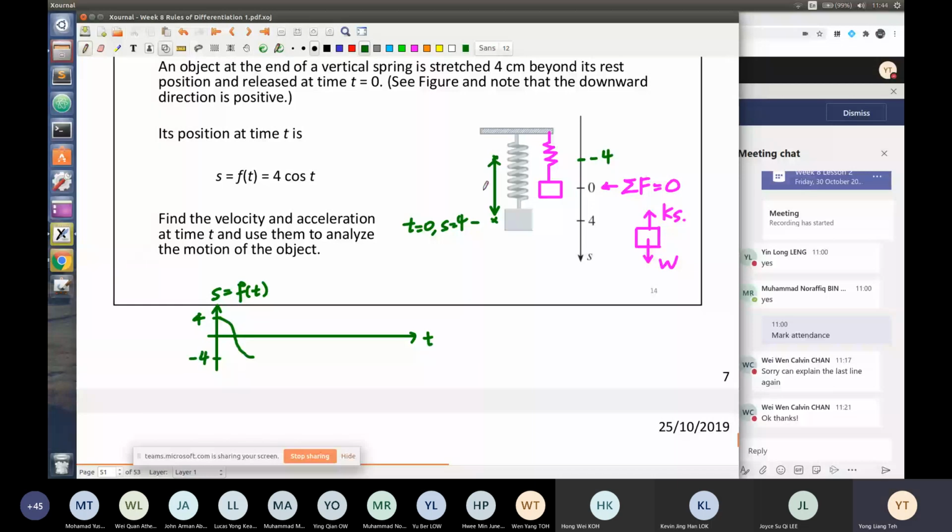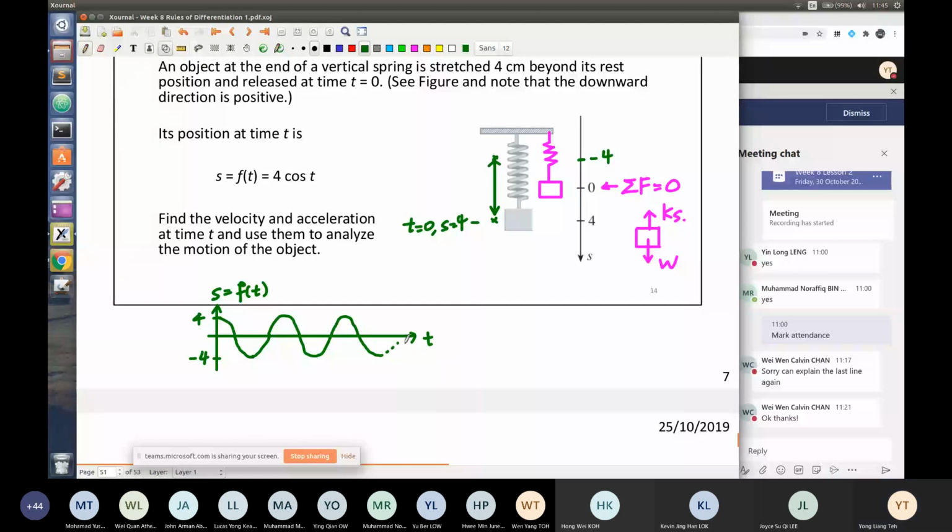Okay, so you can imagine when it has position at -4, eventually gravity is going to pull it back down again. When it pulls back down, it returns to the equilibrium position again. But because of inertia, it's going to overshoot again. So you can see the forces at play here. And this is going to be the trend, assuming that you do not have any air resistance or frictional